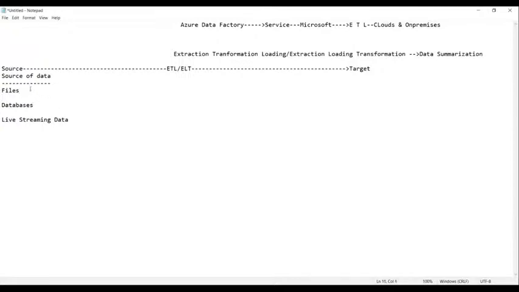Okay. So afterwards, first of all, we get the data and we initiate the data by using the process called ETL. Before this, these files, databases data, or live streaming data need to be stored in Azure storages.